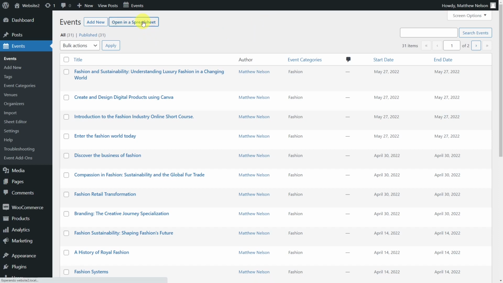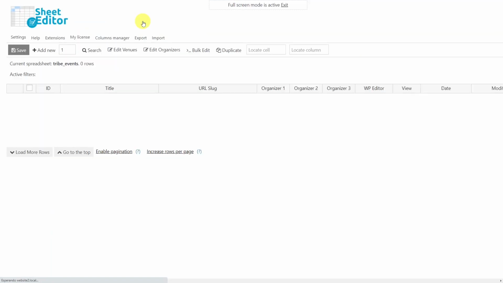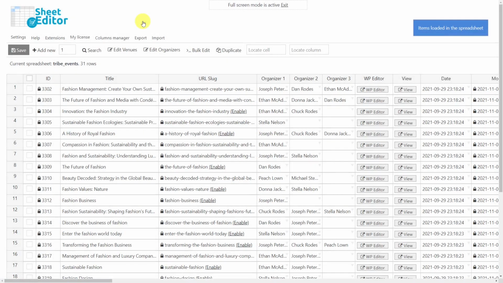That's why we want to show you how to do it using the Event Spreadsheet plugin, which allows you to edit thousands of events in seconds using its bulk edit tool. It displays all your events in a spreadsheet, where you can edit the values as you do in Excel or